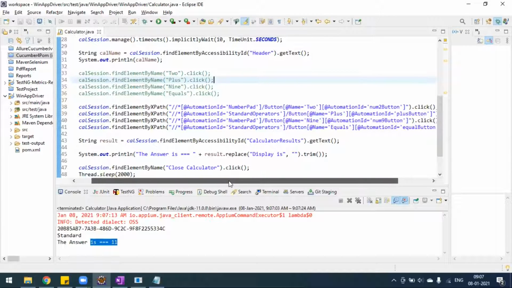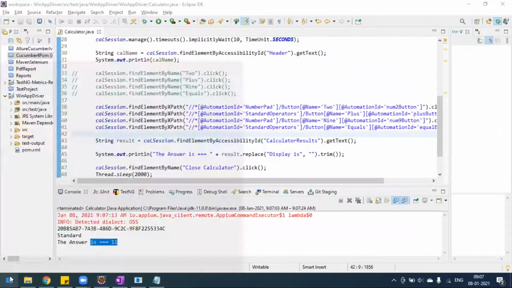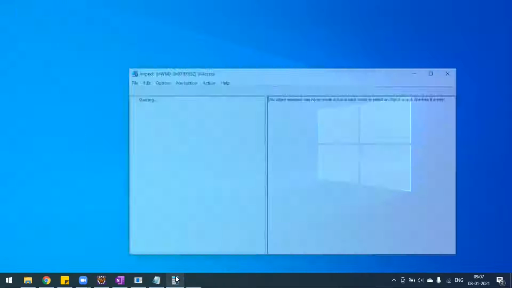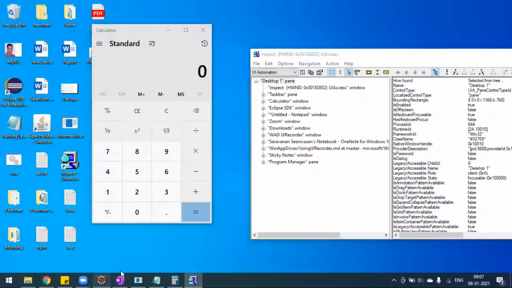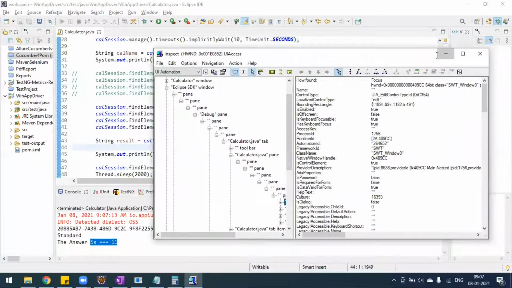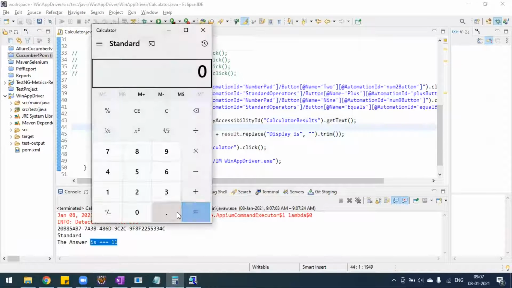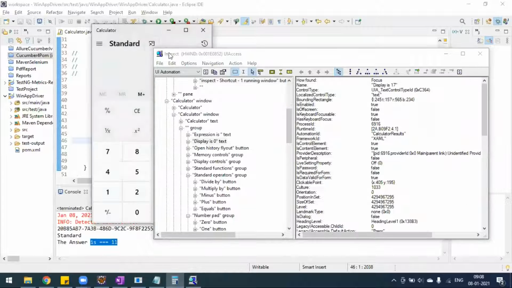So if you don't want to use this UI recorder for generating XPath, if you want to generate your own XPath, that is also fine. Okay, so for generating our own XPath, what we have to do? We have to go to the inspect element exe file, right? So for example, here for this result, we are using the automation ID, accessibility ID, right? So whatever is coming in the result area. So for example, we are doing some operation here. So this is the ID we are using here. Okay. So this one we'll try to write our own XPath by using this inspect. Okay. So let's inspect this one.